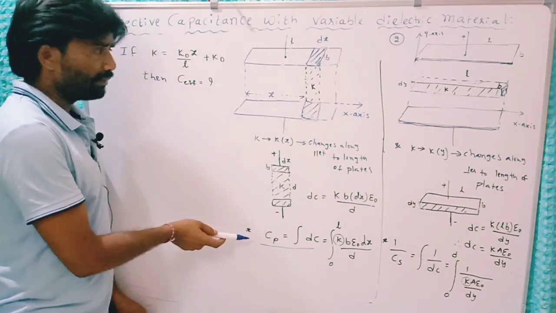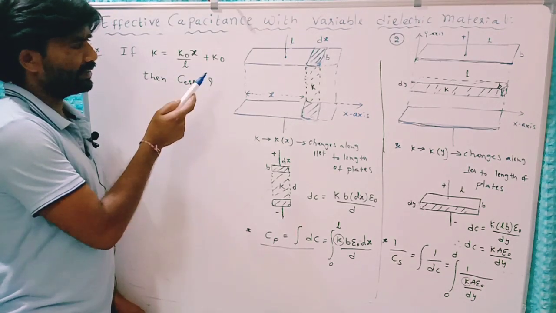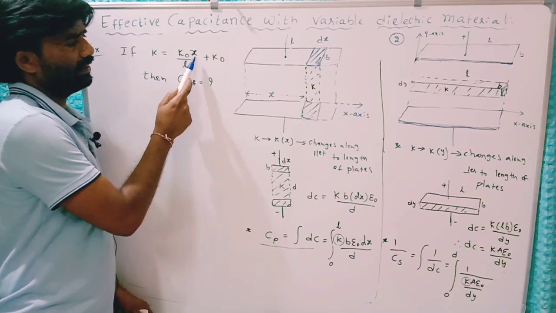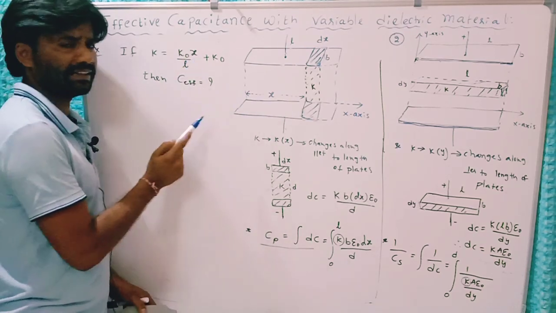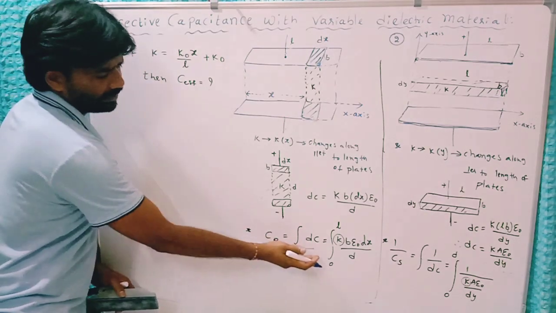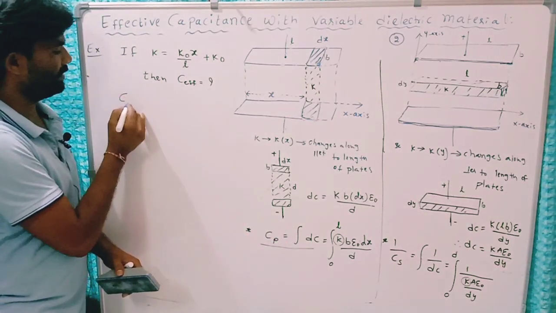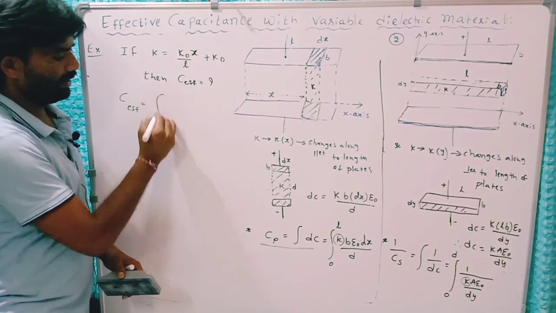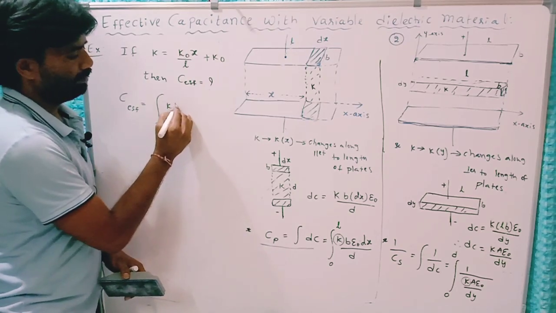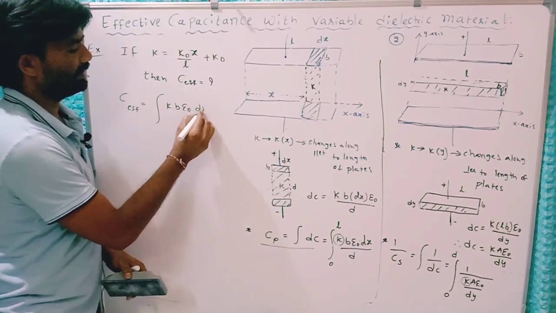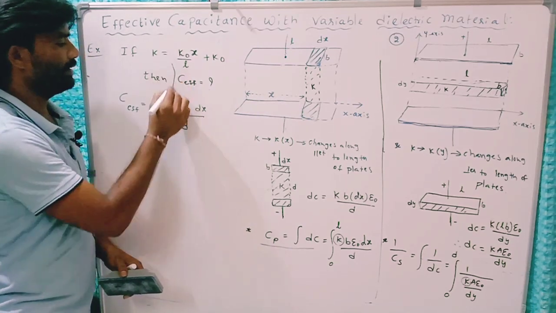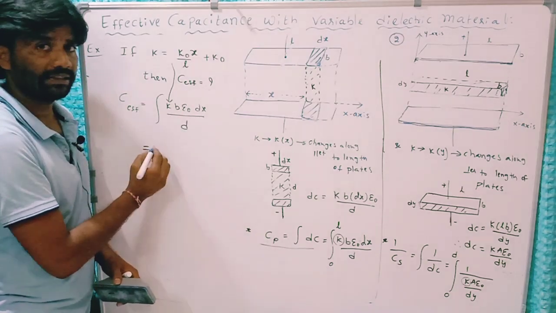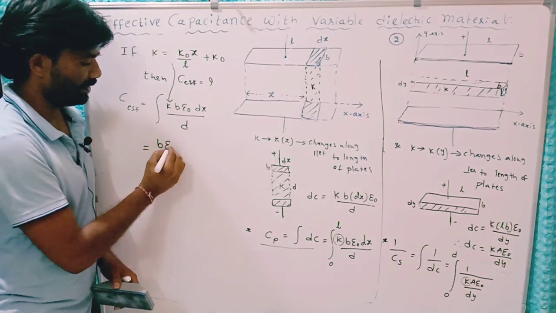Based on this concept, I am going to write the effective capacitance of a capacitor whose dielectric constant changes with x. It is a function of x. For this, we have already written the equation. Apply that equation here: C effective, or Cp, is equal to the integration of K B epsilon naught dx by d. Substitute this K here, then write the remaining constant terms outside the integration. It gives B epsilon naught by d